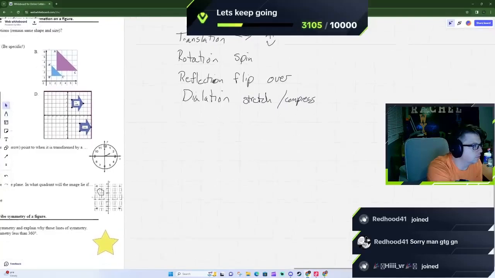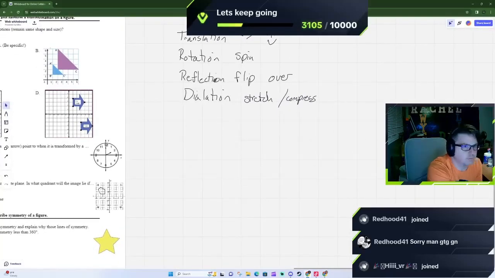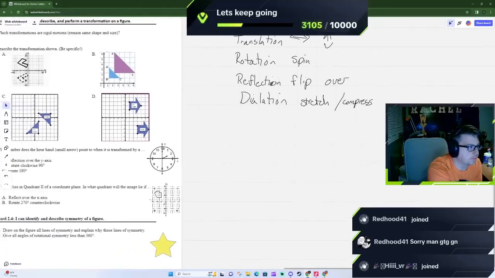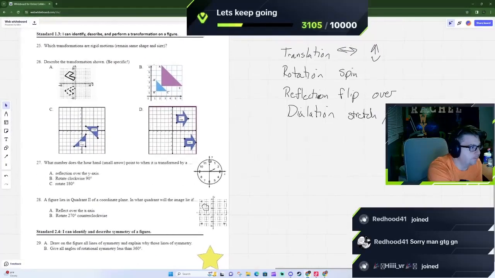On the phones. So we talked about a translation moves it right or left, up and down. A rotation is a spin. Reflection is a flip over. And then dilation is a stretch or compress. Okay, so